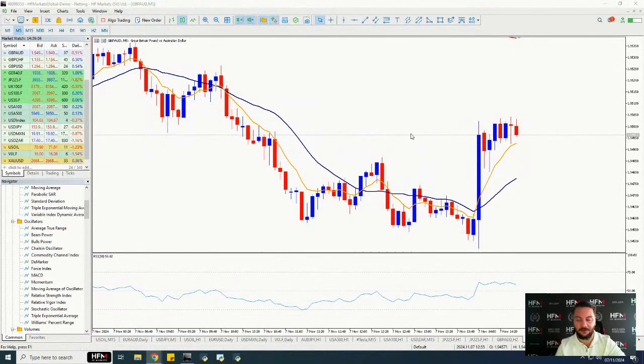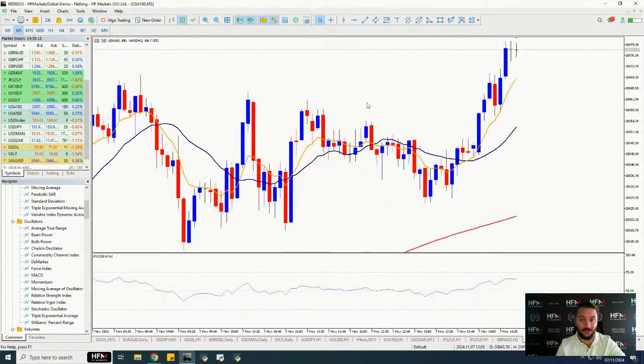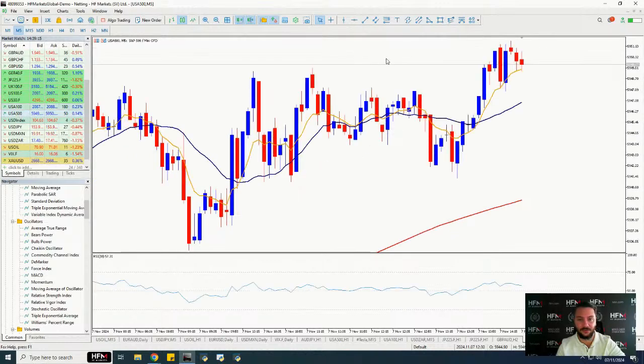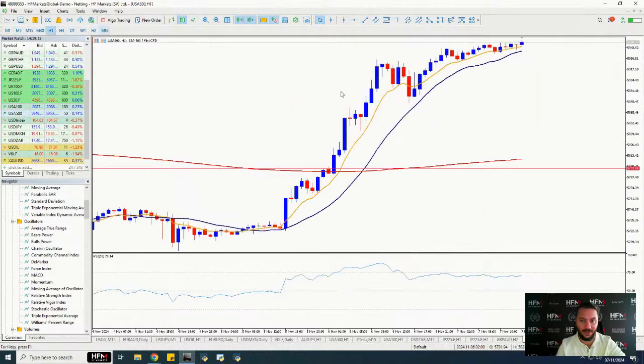Not only with currencies, we've been speaking about currencies quite a lot, but also, ladies and gentlemen, with the Nasdaq, also with the Dow Jones. With the Dow Jones, ladies and gentlemen, let's go to a 1 hour time frame. The Dow Jones, like I said, had its best post-election performance in its history. Not in 5 years, not in a decade, not in a century, but in its history. So that's an amazing statistic, ladies and gentlemen.